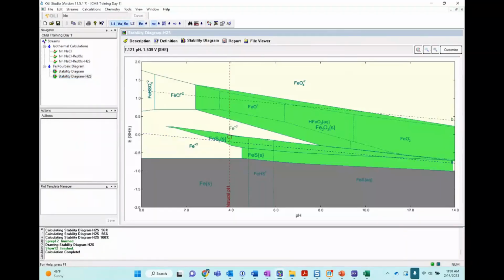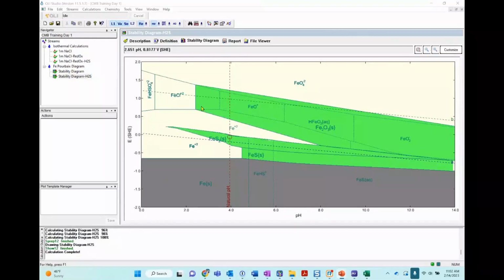Okay, so again, now you're having these pore-based diagrams, and it will give you a lot of good information from a thermodynamic point of view of what's happening to the protective layer, right?